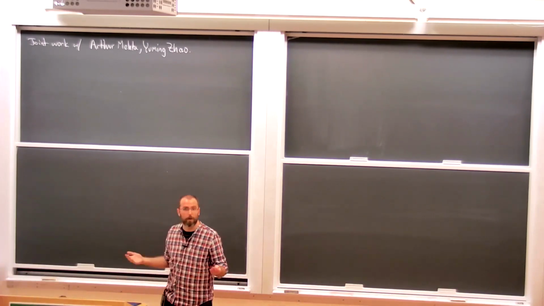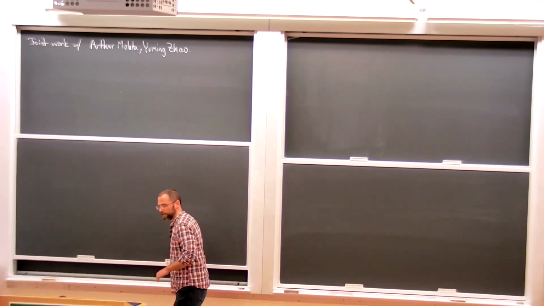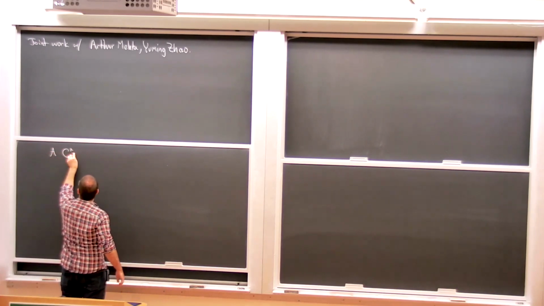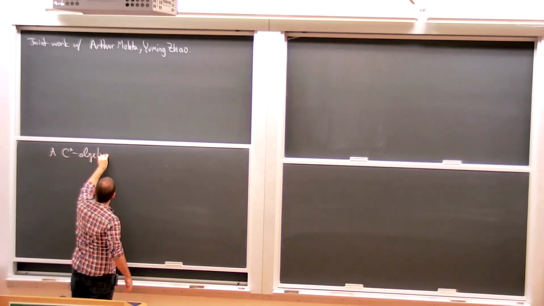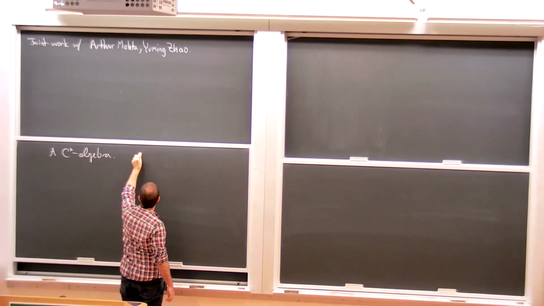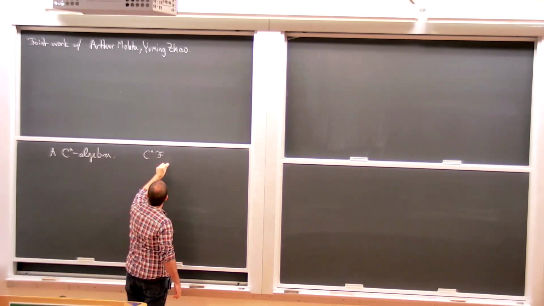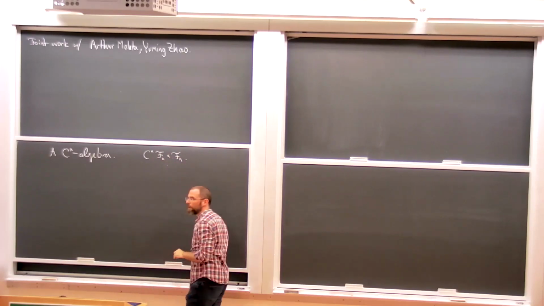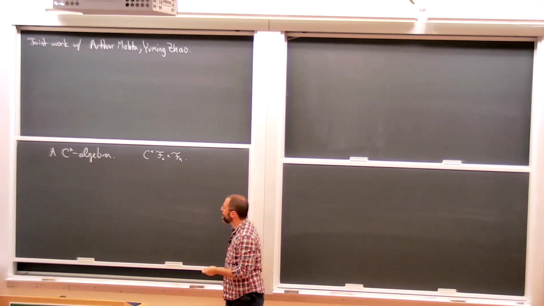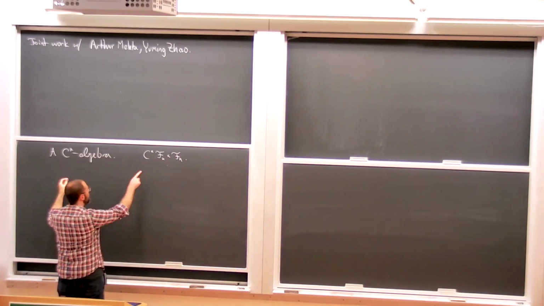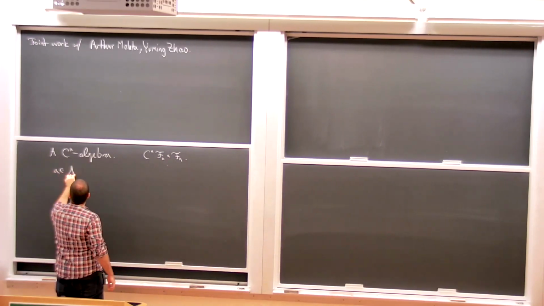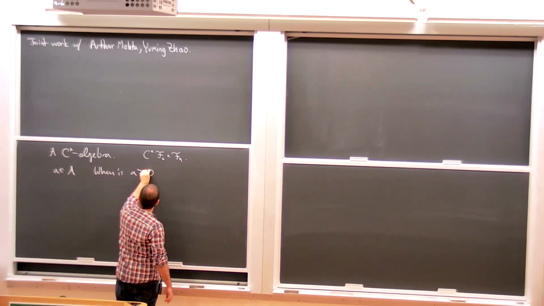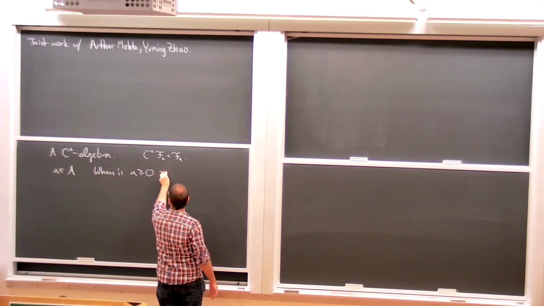So the basic question I want to look at is a really simple one. Let's say we have a C-star algebra, and have in mind something concrete, like maybe the C-star algebra of a product of free groups. All I want to ask is, if you've got an element A of this algebra, when is A positive? And of course, that's answered in the following way.